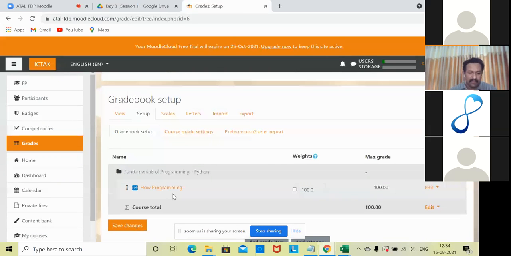Whatever activities or items we are using will be automatically listed here. We have added an H5P content here as an activity, and whatever we add there will be listed over here automatically.